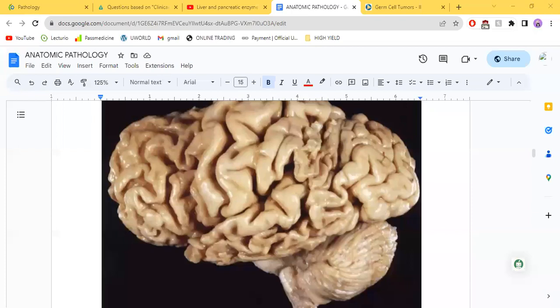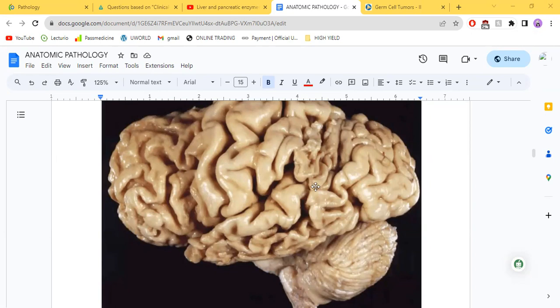Now, for Alzheimer's, we say that the whole brain will have narrowed gyri and widened sulci. So for this, we've just said only two lobes are affected, that is the frontal and temporal. So the correct response will be frontal temporal lobar